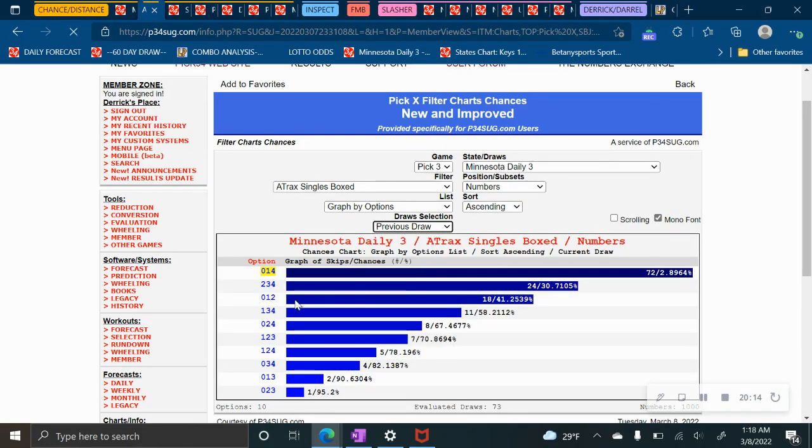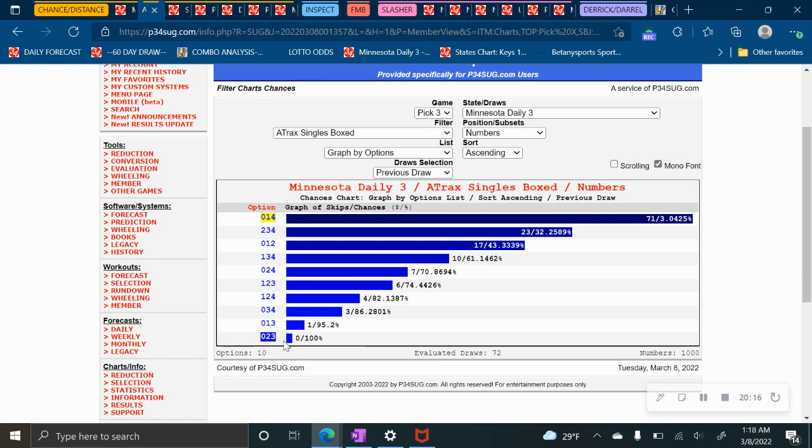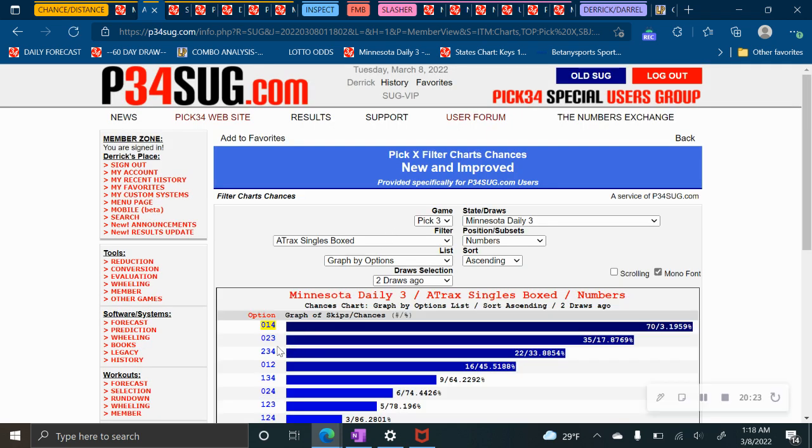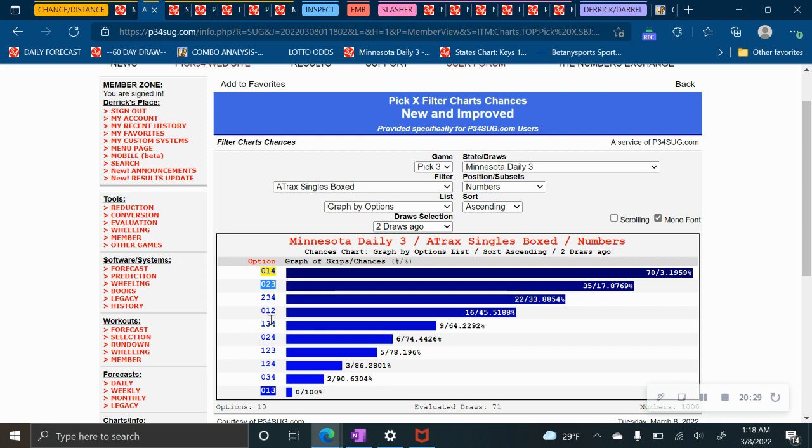You go to previous draw. Oh, wait, it hit again. You go to previous draw. 2 days, I'm sorry, 2 days. There you go. I didn't even realize that. So that was a 023. So that's what I seen the other day. So I played these two, and then I filtered down, and